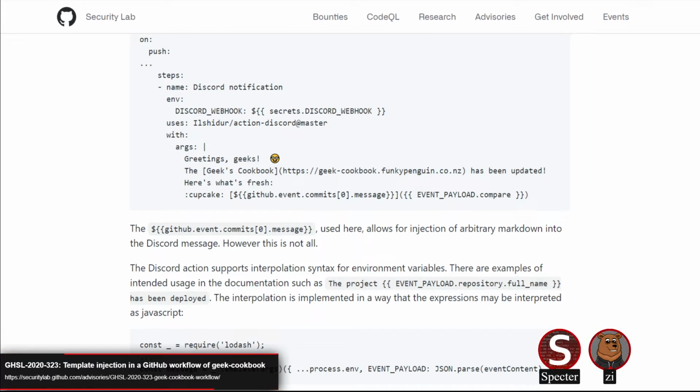It's that insecure by design angle, where it's hard to really draw the line of what is acceptable input and what isn't. This is the kind of thing where you should only use this type of interpolation on values that you absolutely trust, and you can't treat a commit message as trusted input.